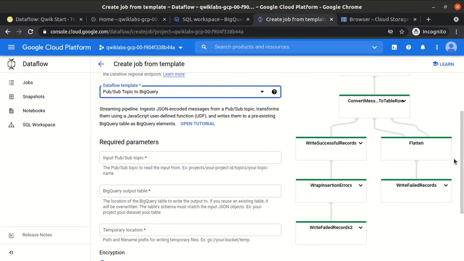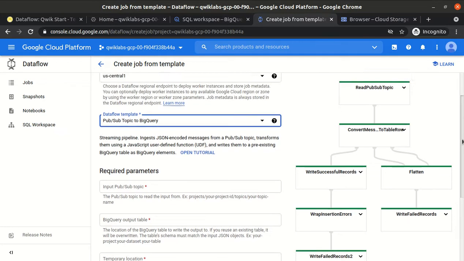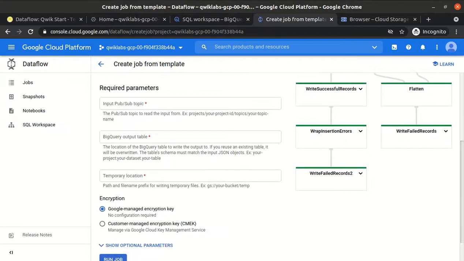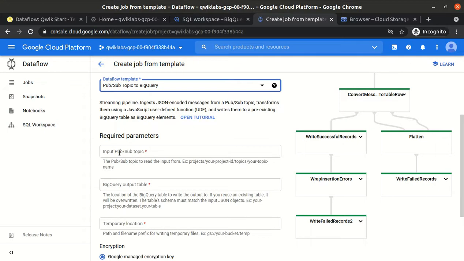Everything is written for us. Otherwise we would have to write all these jobs and set the dependency on each other. Now we have to give the input Pub/Sub topic name. We will just pass the required arguments or parameters. The input Pub/Sub topic name should be in this format: projects, then your project ID, topics, then your topic name.